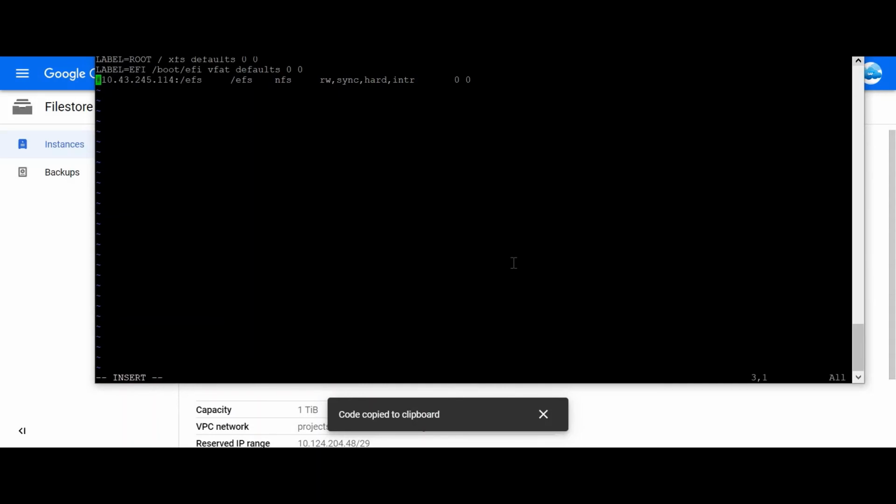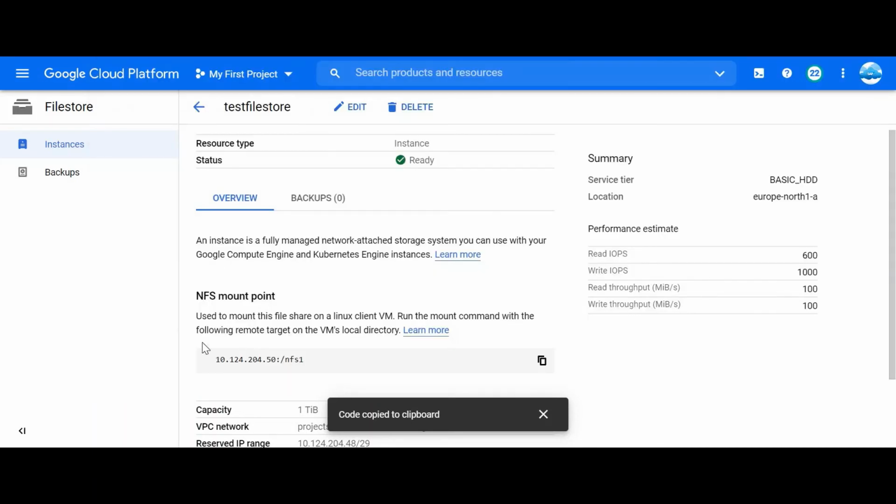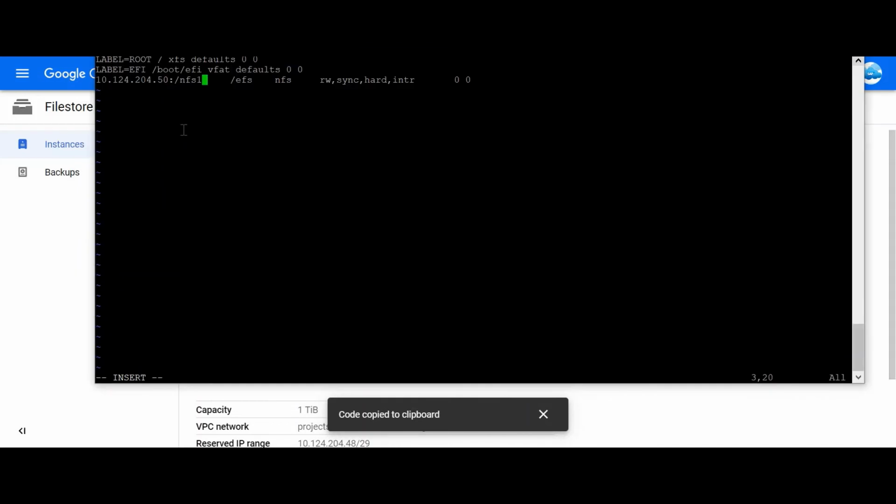Here, just update with our new entry. The mount point, as I said, I copied from here. You can see this is my NFS mount point, the same IP and NFS1 which I have copied. Then the folder which I created, I just showed you, with the same name, NFS1, and the NFS settings.